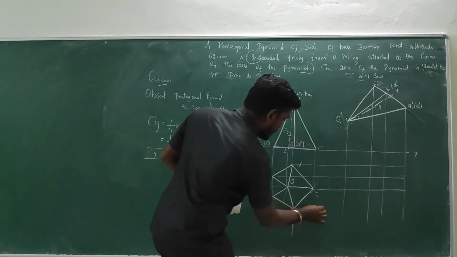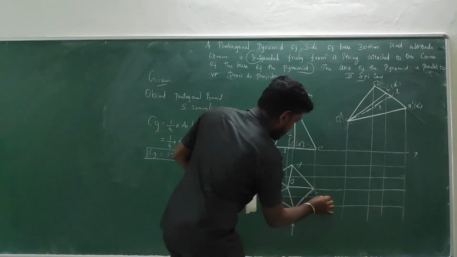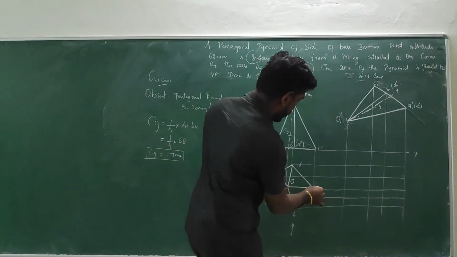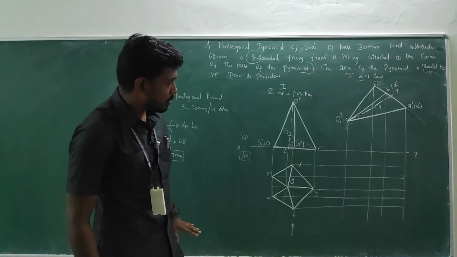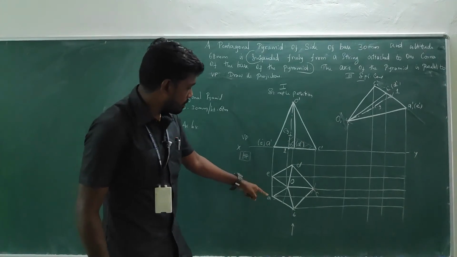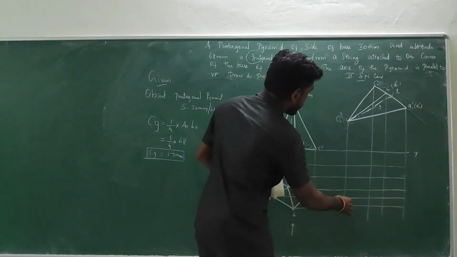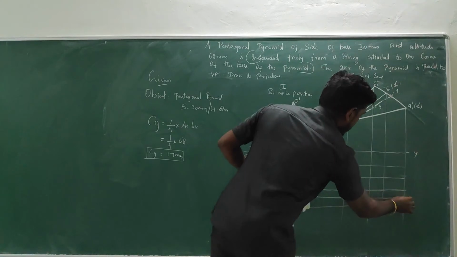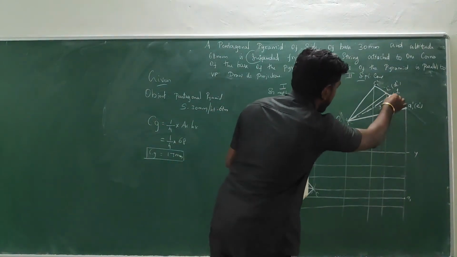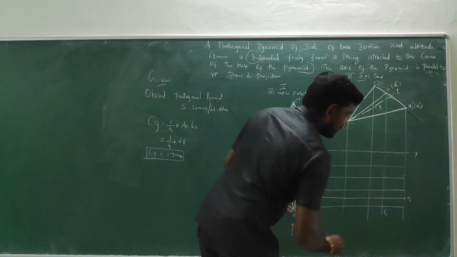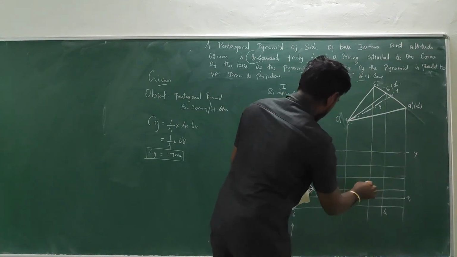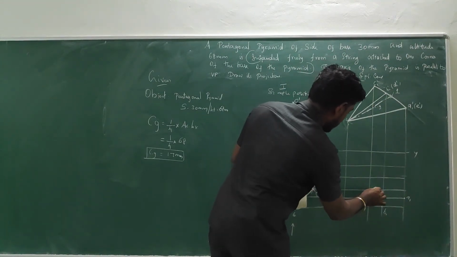So your projector will be tracing the path something like this, and then the apex will be coming in the same projector of O. Okay, everything we have taken. Then go for the mapping work. It's very important. Mapping work. A horizontal, A vertical, where it is here. So this would be A1. B horizontal, B vertical. So this would be B1. And here C horizontal and C vertical. So where it is? So here it is.